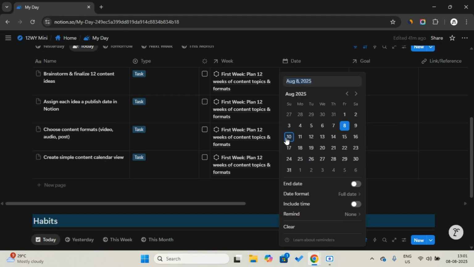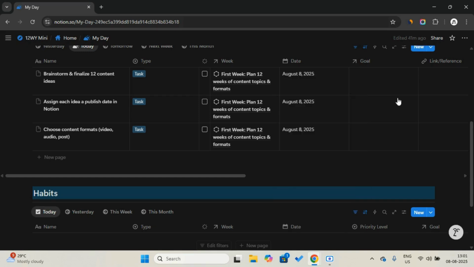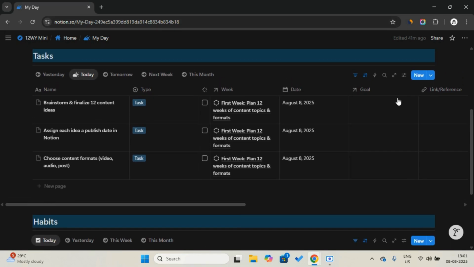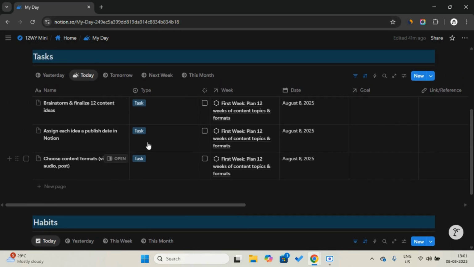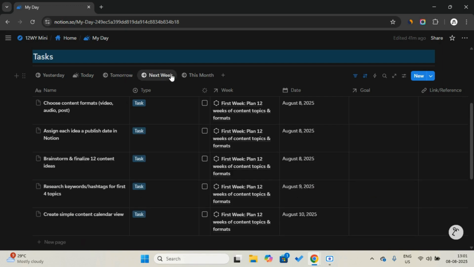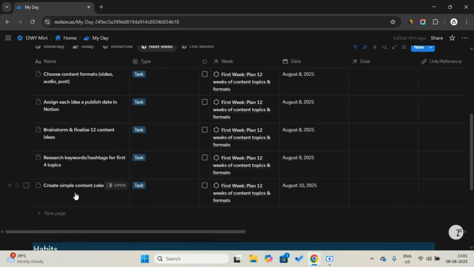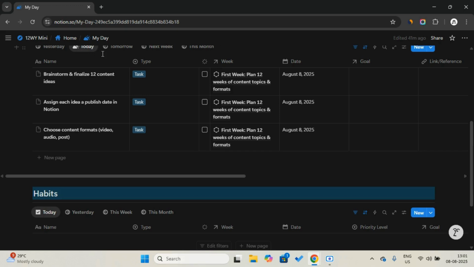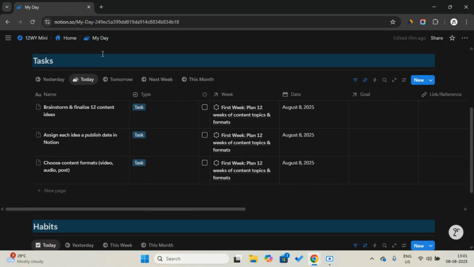Okay, good. And these three have to be shown today, and the other two should be shown up here, because tomorrow and the one for this week should be here. Okay, and this is how you can add a task and link to it.